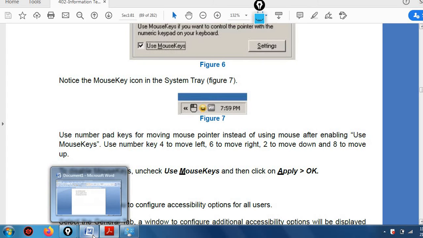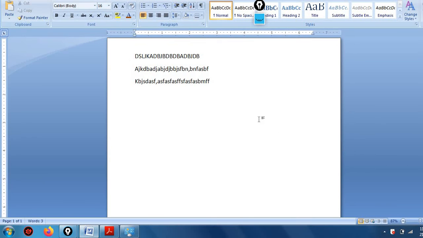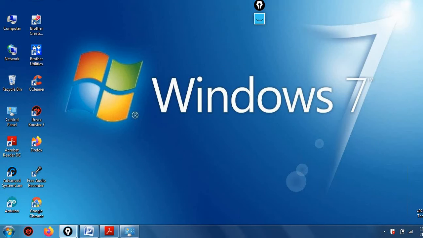Now I am going to open this MS Word. See, here it is. I am going to show you, here I have a pointer. Now I can move my mouse, right? This is with the help of the arrow keys in the keyboard, right? Number keys, right? Now if I press the right arrow, it will move like this, right? In the same way, down, like this. I am operating with the keyboard, right?